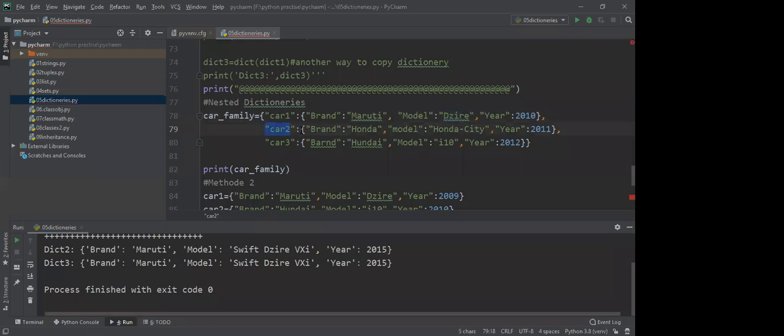car2. Again, for car2, the value is another sub dictionary. So in that sub dictionary, we are creating brand, model, and year. Again, for car3, this is the third element. Again, we are creating another sub dictionary. So this will give the value for your outer dictionary element number 3. Okay, and if you feel this is complex, I'll give you another